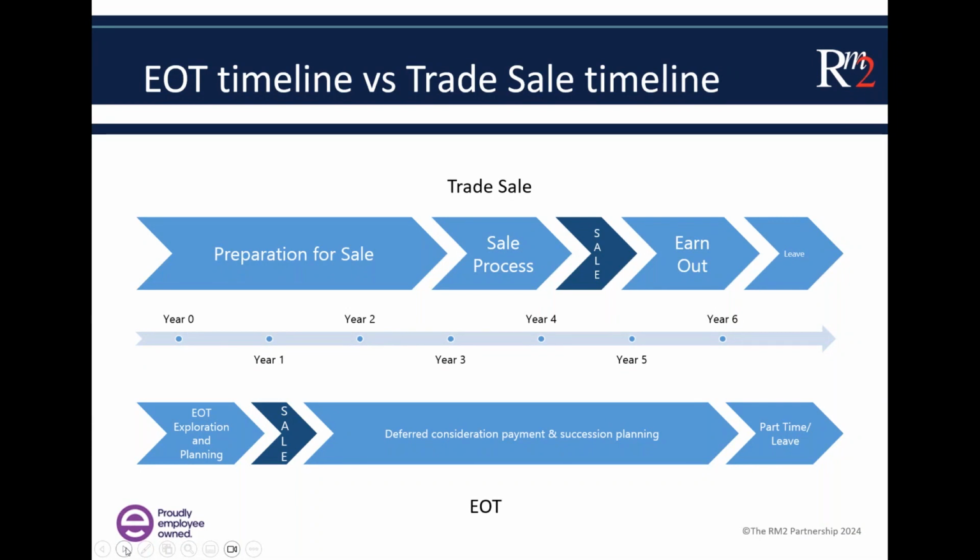When you're ready and you appoint expensive advisors, the sale process starts. As soon as you get going, you'll need an information memorandum. Then you'll undertake beauty parades to the market. You'll select a buyer. You'll have to be subject to detailed due diligence, and you'll negotiate further on the deal, and then you'll be into the legals. This can easily take a year to 18 months or longer, and it can suck the life out of you